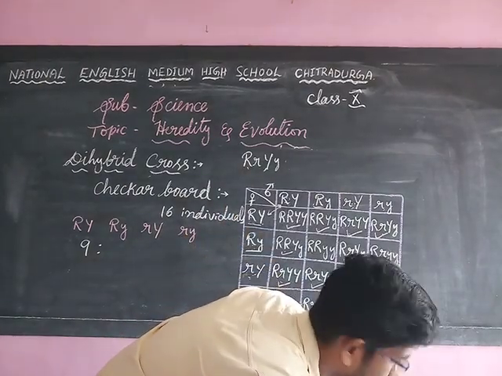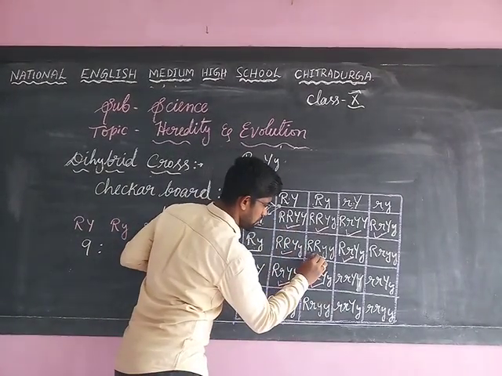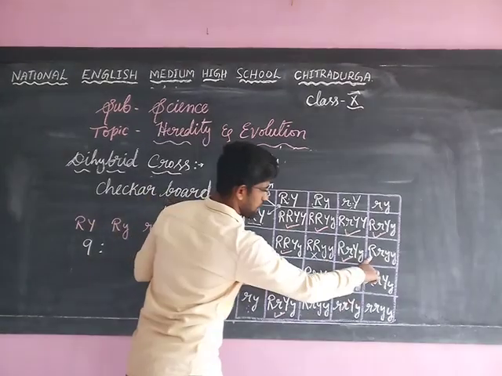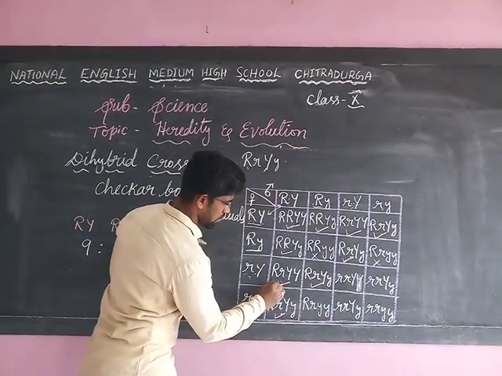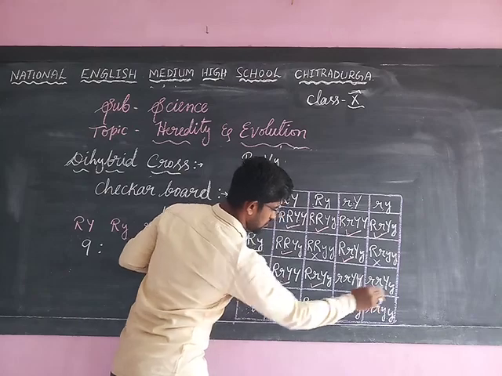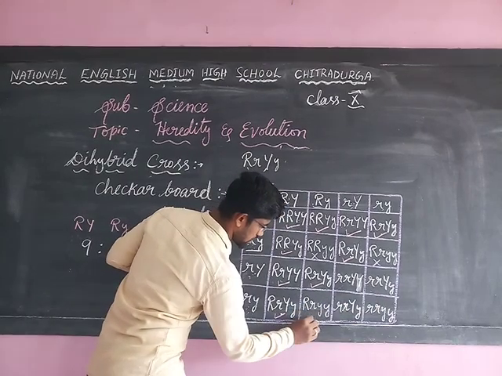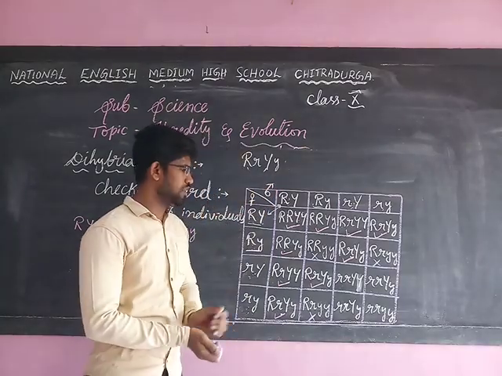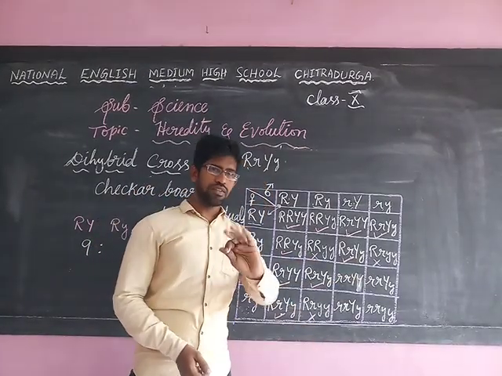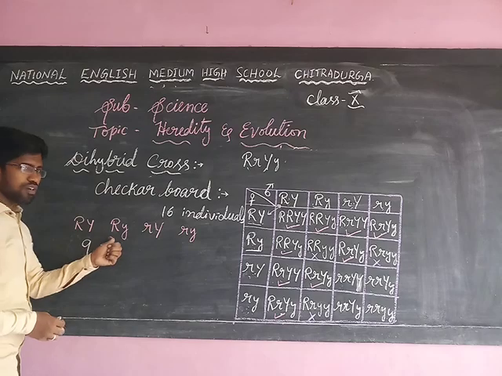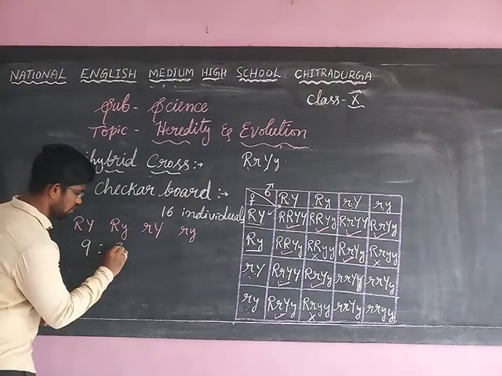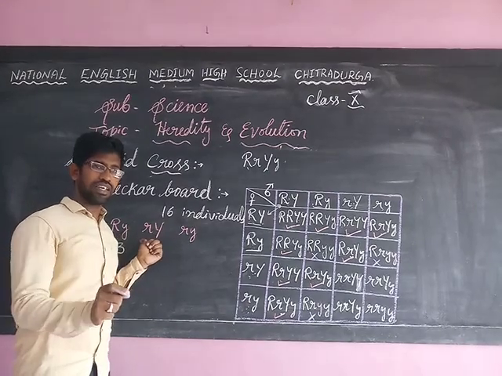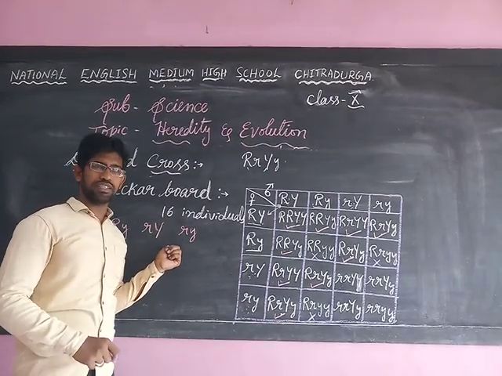So I use a different color to identify. Okay, I am using that to mark here. Round green. 1. Here also round green. Here more. Here 1. Capital R, small y. Round green. And here also not present. Here also not present. So totally 1, 2, 3. 3 individuals we got round green. So that's why 3. Then next, small r represents the wrinkled shape and capital Y represents the yellow color.